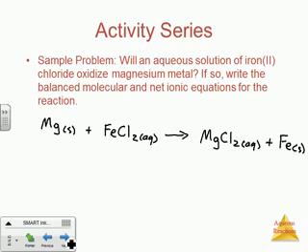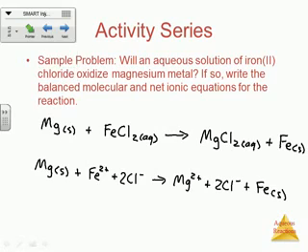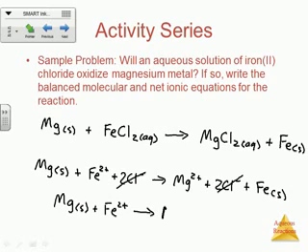Then we need to write the net ionic for the equation. So we've got Mg solid plus Fe2+ plus 2 Cl- ions when that splits apart. And that gives us Mg2+ plus again 2 Cl- ions plus Fe solid. Okay? And you can probably see here the only thing that doesn't change, the spectator, is the chlorine, so let's get rid of that. That gives us solid magnesium plus Fe2+ goes to Mg2+